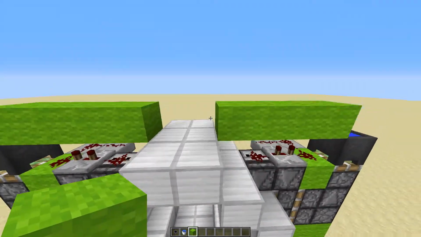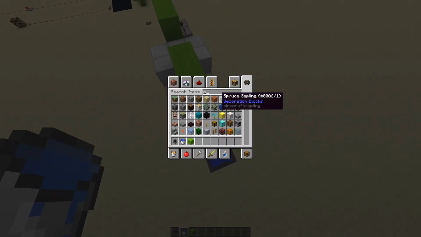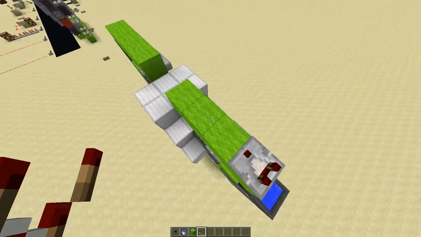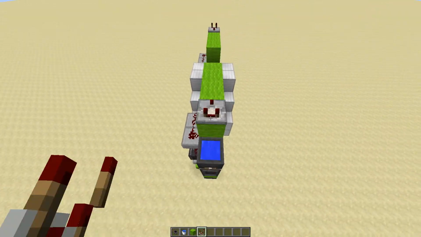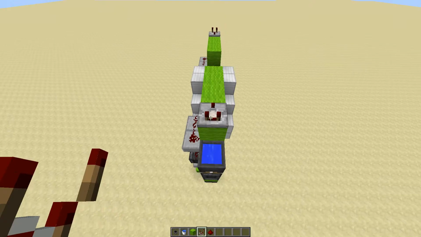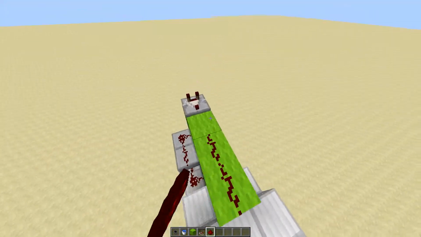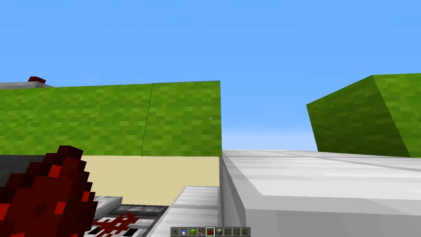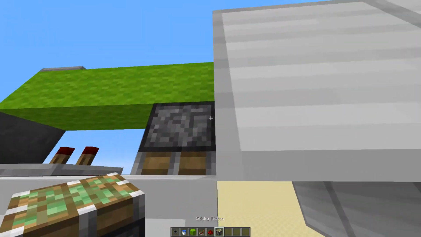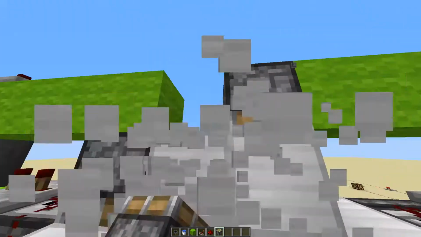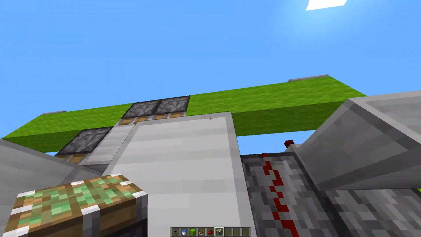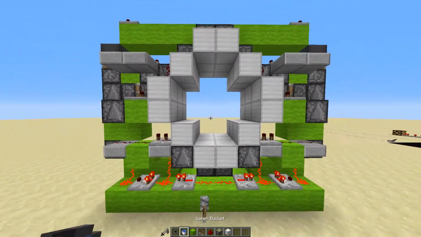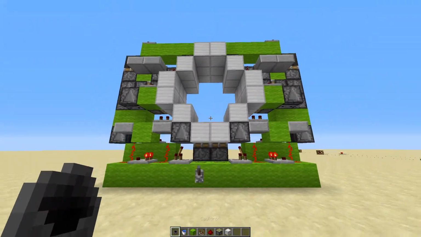And then take a comparator, redstone, like this. And then you want to get your sticky pistons again, and basically face them downwards, like that. And then, so as you can see, it's open right now, and if we press this,